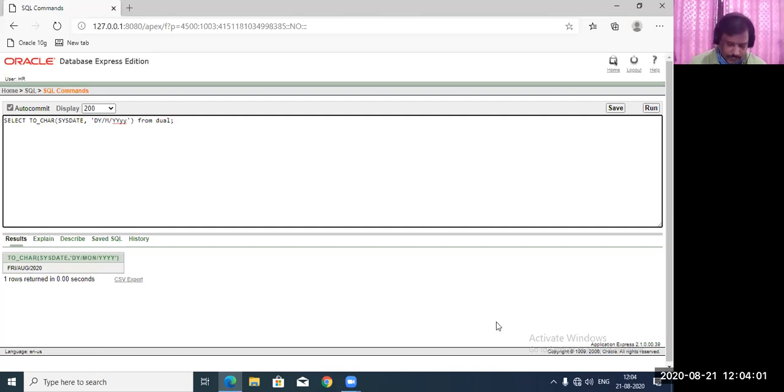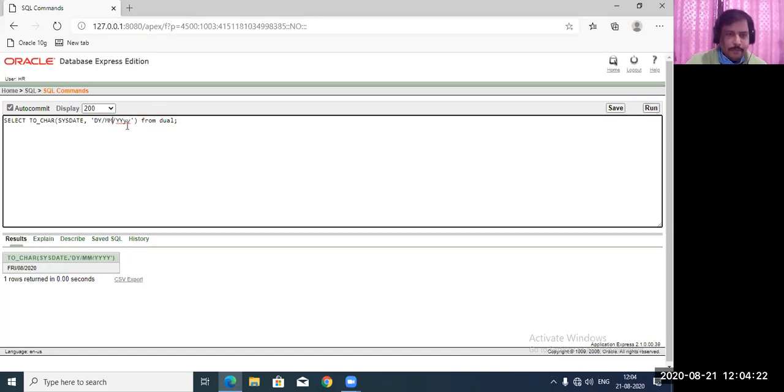If I write MONTH here, the complete month, what would the output be? See here, this is August, complete, right? At the beginning I wrote MM, which is numeric.